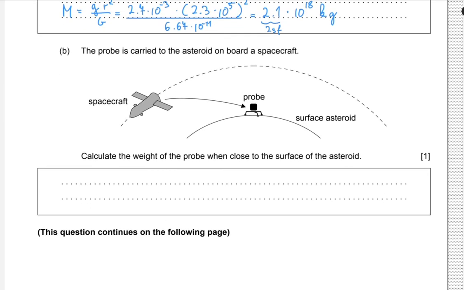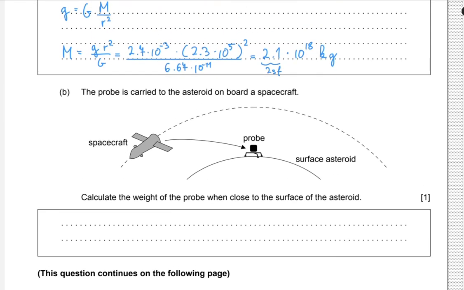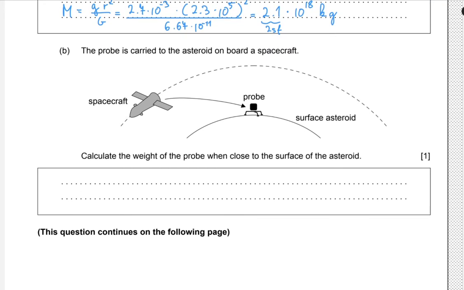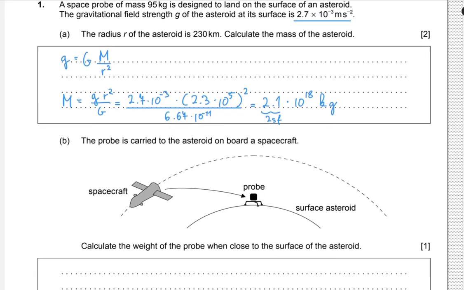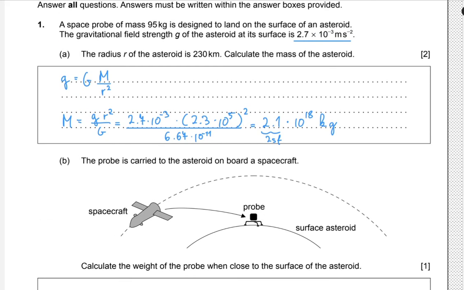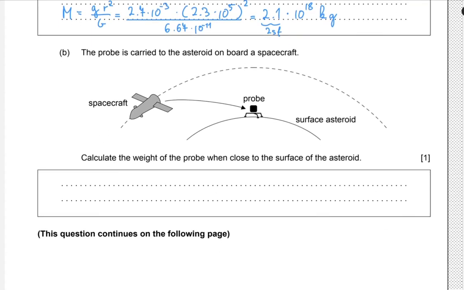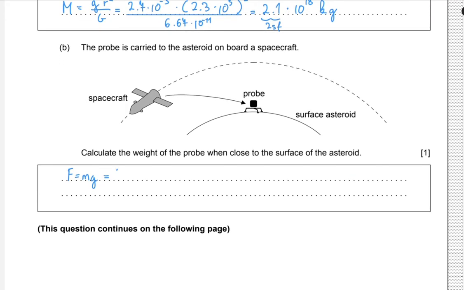All right. So in part B, we were told that this probe is carried onto the asteroid, and we simply need to calculate the weight of this probe when it's close. And well, we were given the gravitational field strength close to the surface, and we were given the mass, so we can simply use the formula F equals mg. Important to remember here not to automatically put in 9.81, since we are not on Earth, as I said previously. And so this will give us like